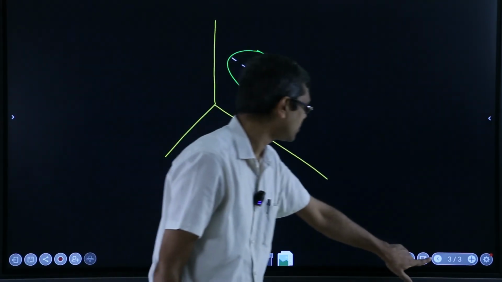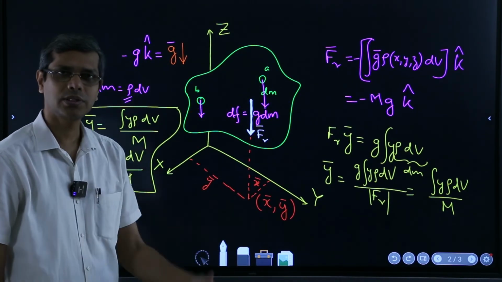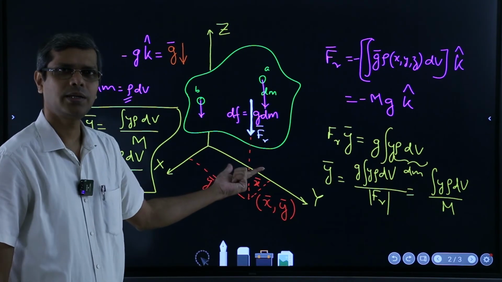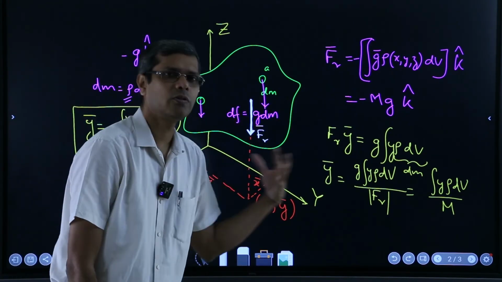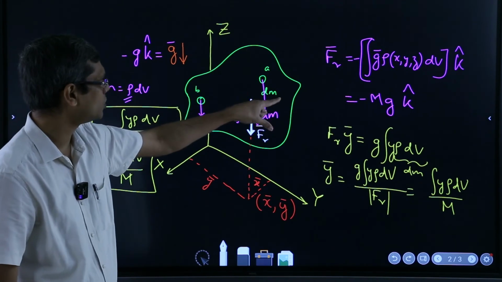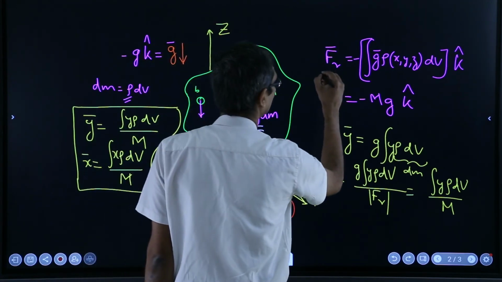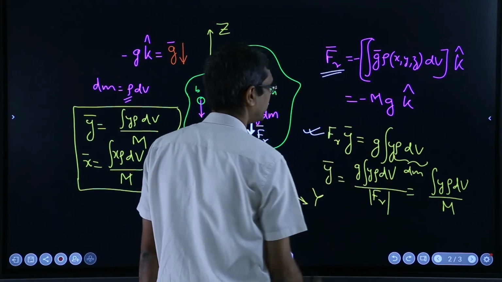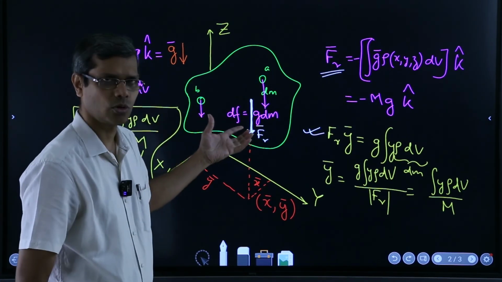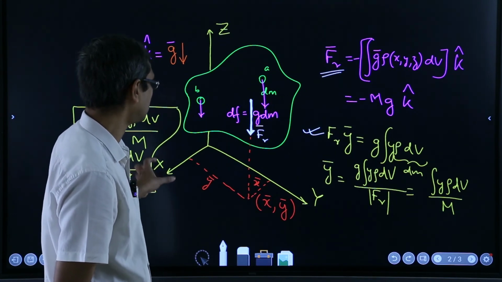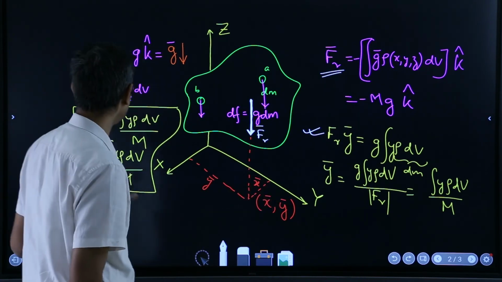But the concept of that center of mass is coming from the simplest resultant of all these parallel forces which are acting, and you are creating the simplest resultant by keeping the equivalence of the effect, both the force type and the moment type. So this is the force equivalence, and this is coming from the moment equivalence, because we have taken it in such a way that about the z axis there is no moment of these forces. So this is about the x axis, and if you take the moment about the y axis, you will